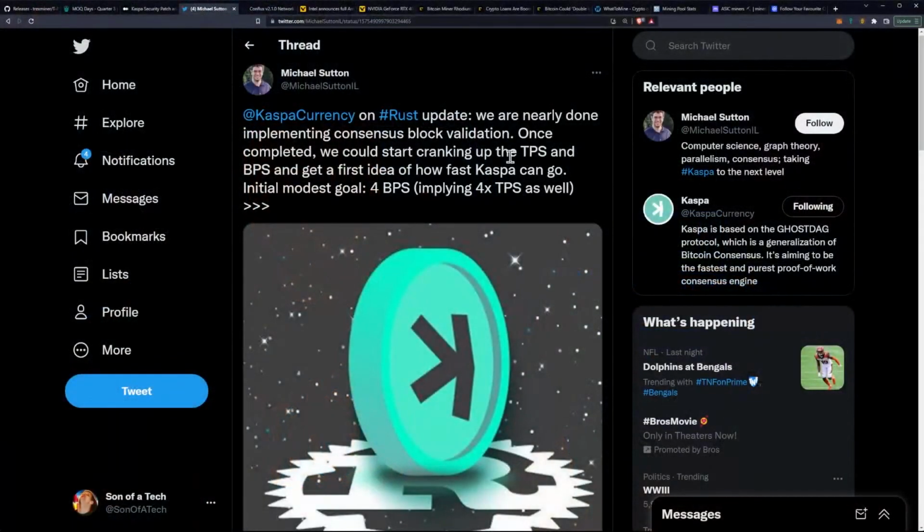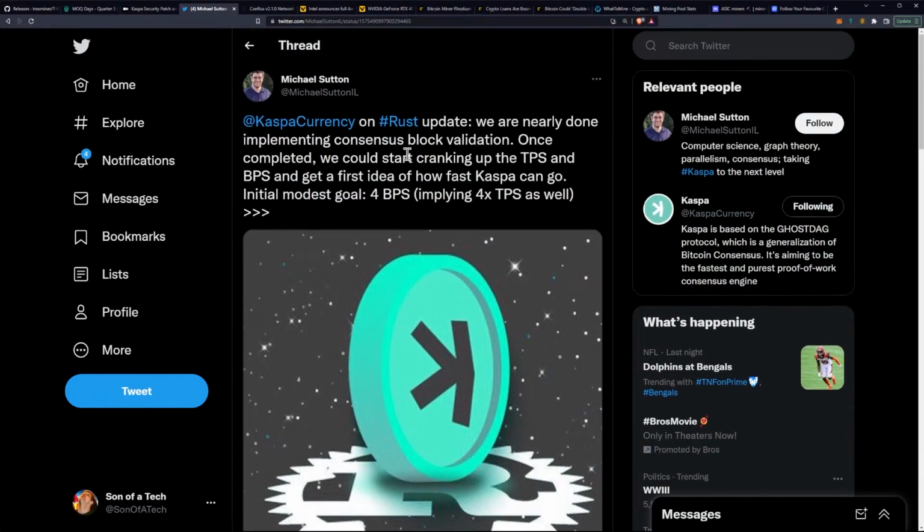And let's go ahead and continue our news with Kaspa currency. There is a Rust update from Mr. Michael Sutton, and he says, Kaspa currency on Rust update. We are nearly done implementing consensus block validation. Once completed, we could start cranking up the transactions per second and BPS and get a first idea of how fast Kaspa can go. Initial modest goal is 4 BPS, which is implying a 4x transactions per second from basically